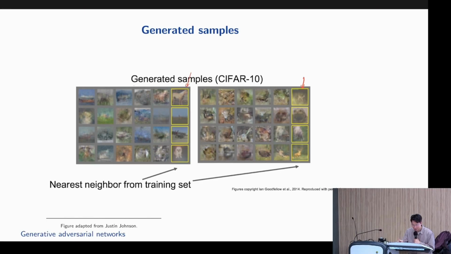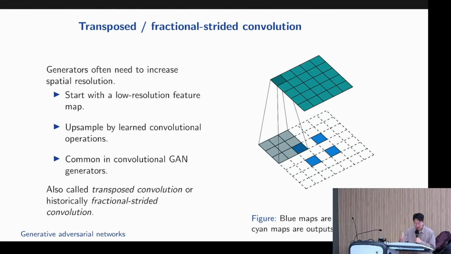In order to make this work, meaning to generate high quality, high resolution images, you need to upsample whatever the generator outputs. So this is the architectural choice for the generator. You need to go from a low dimensional vector to a high dimensional object. This is completely different from what we just talked about. This is the architecture inside the generator. So how do we go from low to high resolution? You need to learn how to upsample the input.